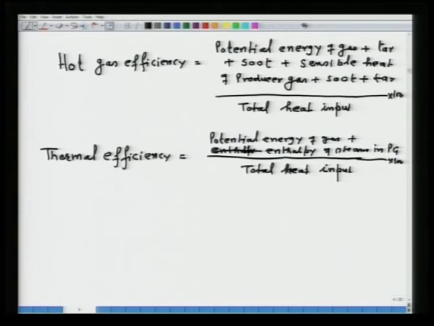Normally, the cold gas efficiency lies within the range 60 to 80%. Hot gas efficiency is in the order of around 90%, because you are adding all sensible heat into your calculation. Then there will be losses also by conduction and radiation from the gasifier. It may vary from 8 to 12%, depending upon the insulation that you provided on the gasifier. Now, given all this, to show the way to solve the problem, let me take a problem to illustrate the various concepts.